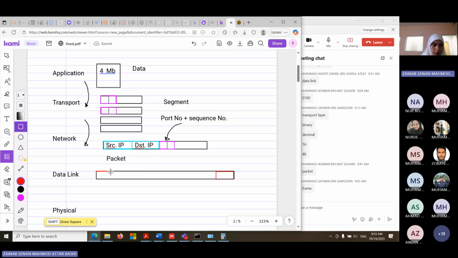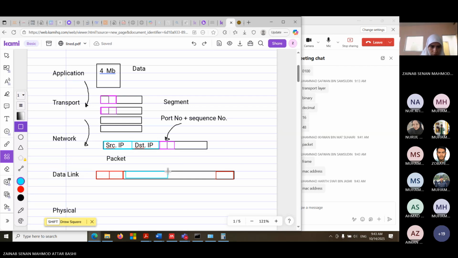What will be added here at the beginning? The physical address. What is the physical address? It has another name. What's the other name of physical address? MAC address, exactly.